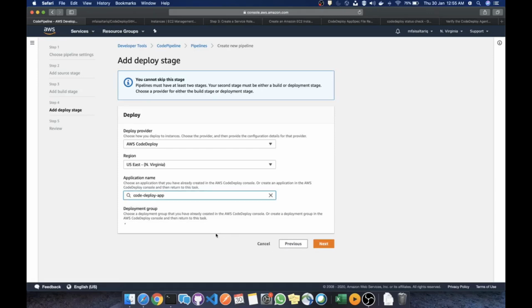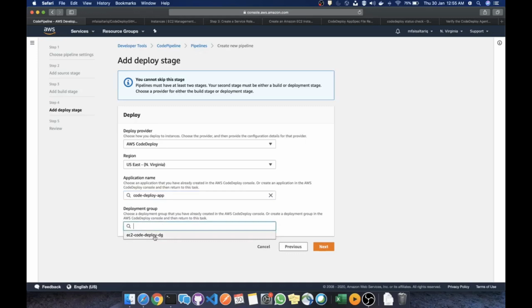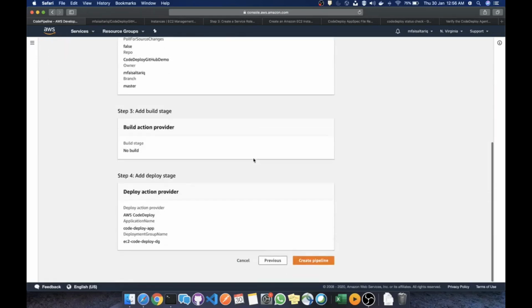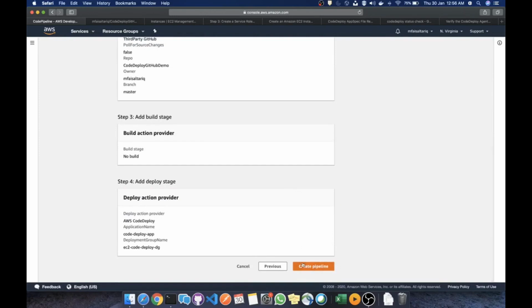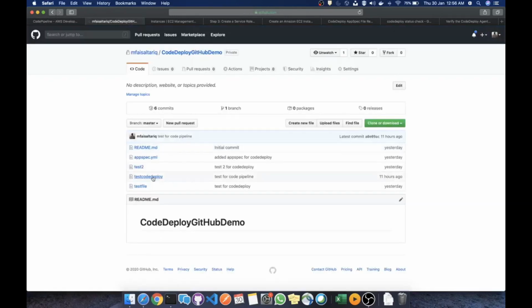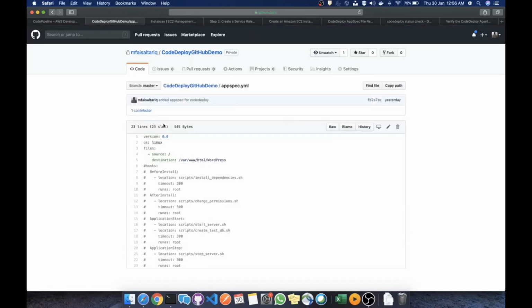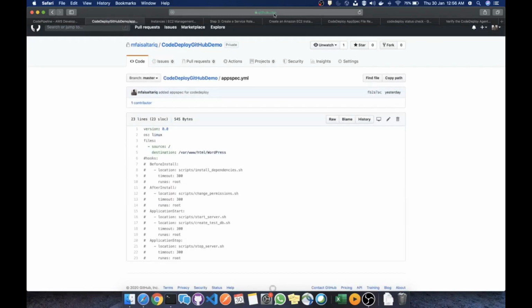You can see it over here, and the deployment group is also available over here. We'll move to the next stage, and before we create this pipeline, you need to create this app spec file in your GitHub repository. So this would tell your code pipeline where to copy the code that you have in your GitHub repository. So this would copy the code in this directory var